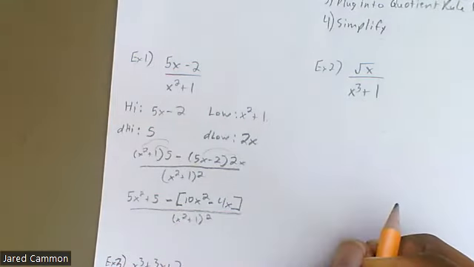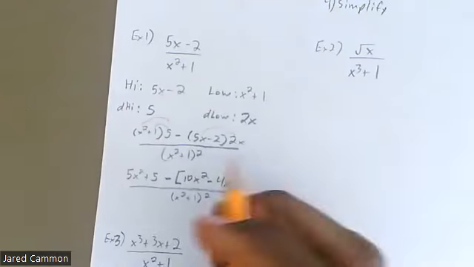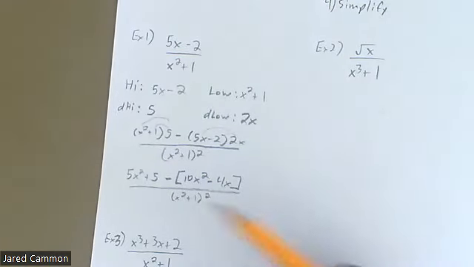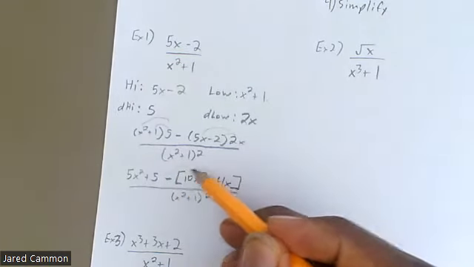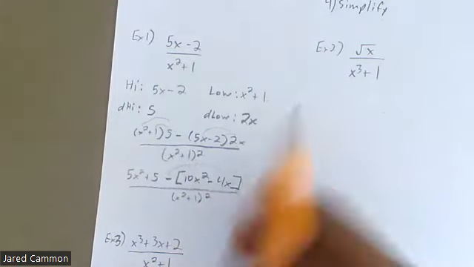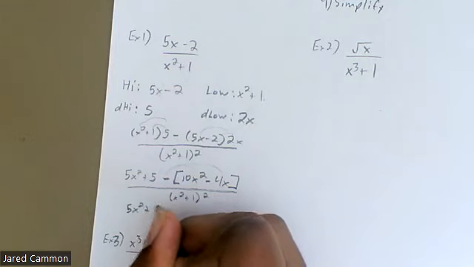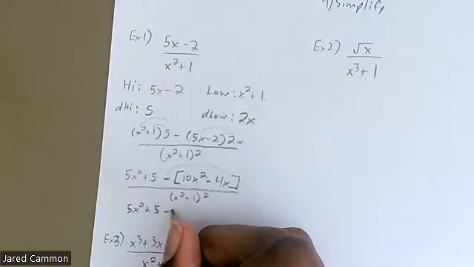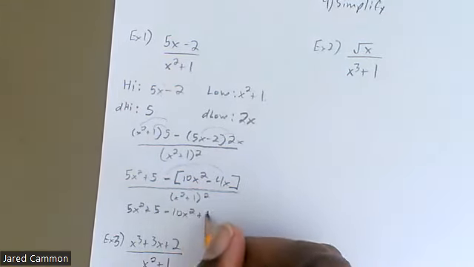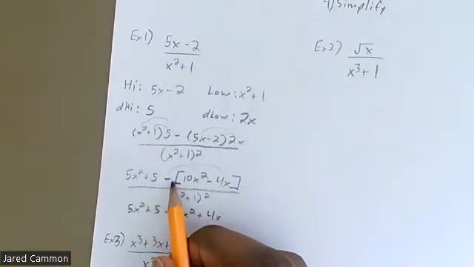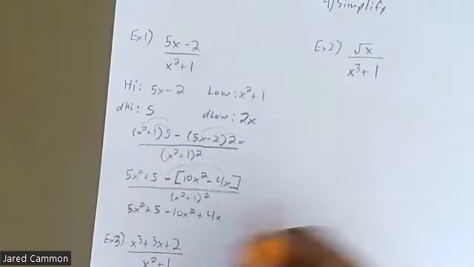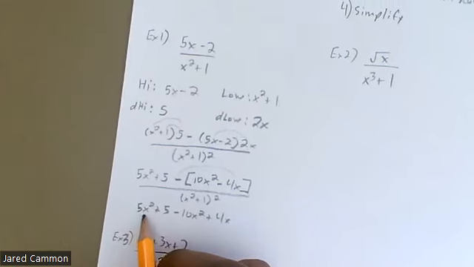Now, keep in mind that when we simplify everything, we have to distribute this negative through both terms. So that's going to give us 5x squared plus 5, and then we'll have negative 10x squared plus 4x. So be careful of that, because lots of students get tripped up on that. And then we're going to